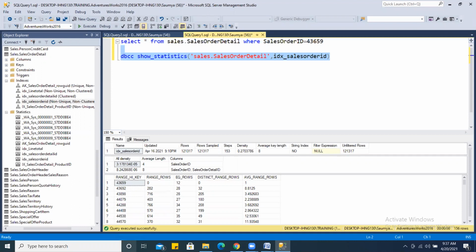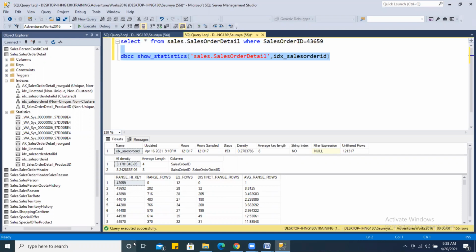So when your statistics becomes stale, that is the question. If the total percentage of modification in your table data is more than 20% of the total number of rows, and statistics is not updated, then the statistics is considered stale statistics, outdated statistics.